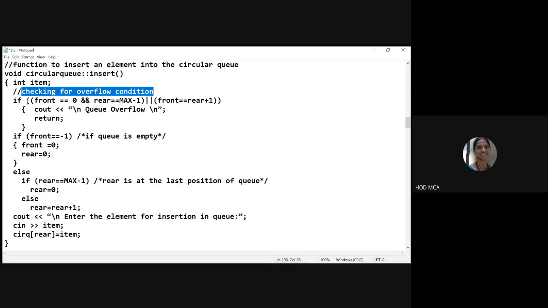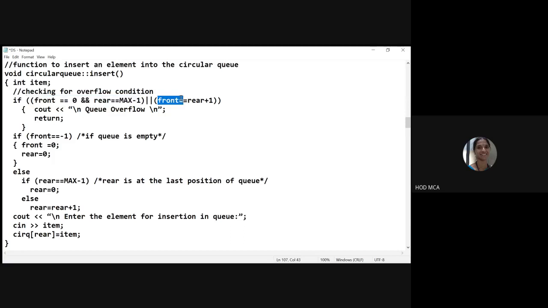So how do I check that? If front is equal to 0 and rear is equal to max -1. So that means your front is pointing at the 0th location. Rear is pointing at max -1, let us say 49th location. So that means from 0 to 49, all the slots are occupied. That means you cannot insert in the queue because the queue is already full.